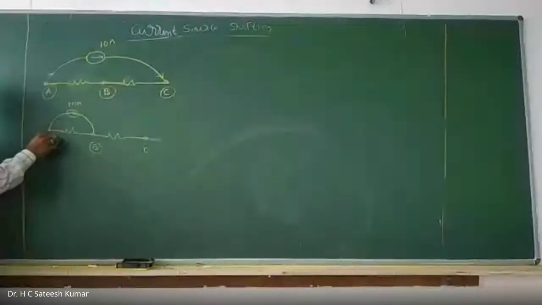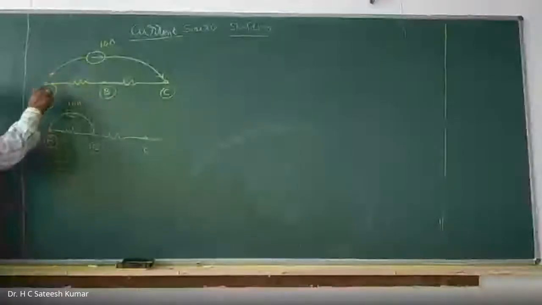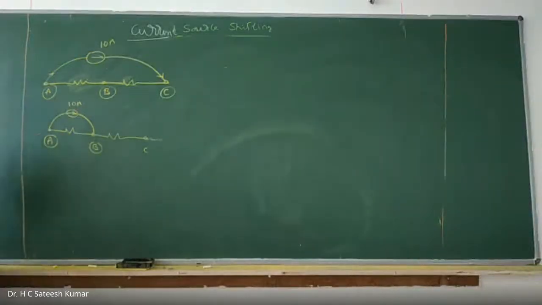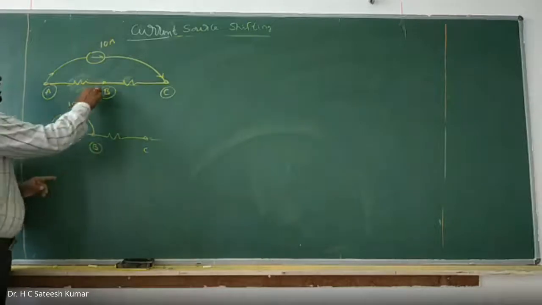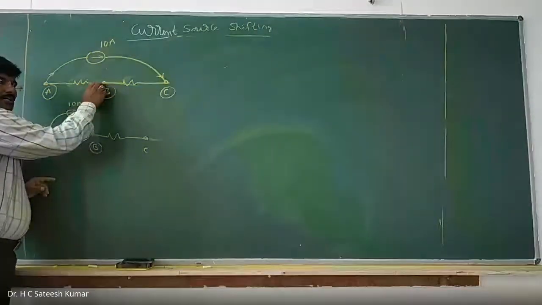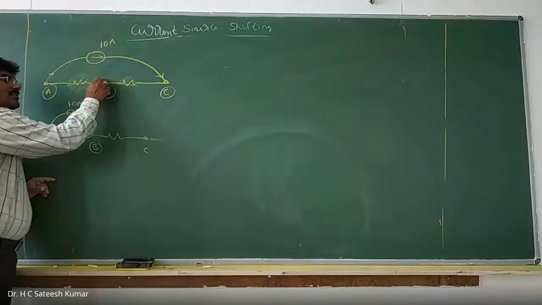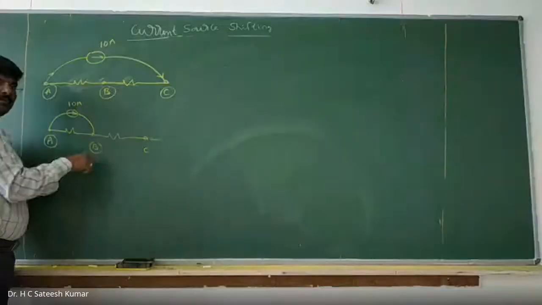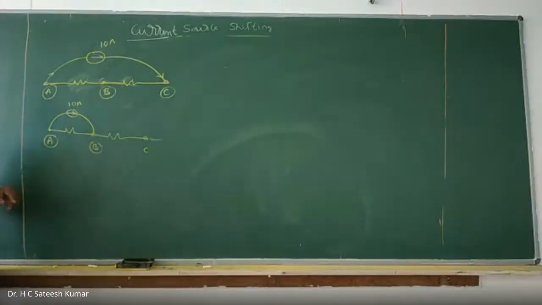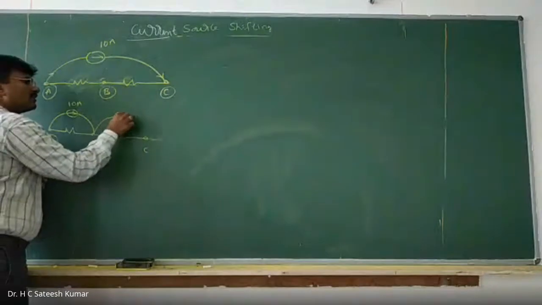Here, how much current do we have? 10 amps is leaving here. Fine, not disturbed. But here it is disturbed. What is the current at this point? 0. The algebraic sum of the current is 0 here. What about here? 10 amps is entering. But to make it clear, what should you do? 10 amps should leave. So therefore, I'll write the current source like this.